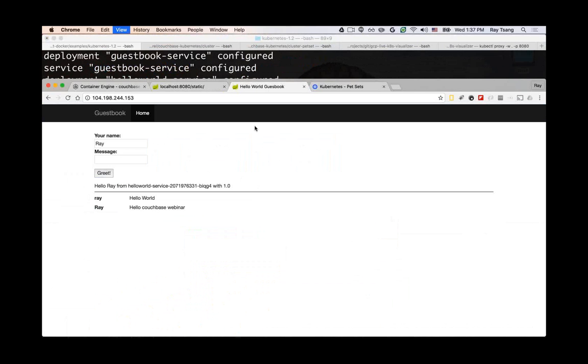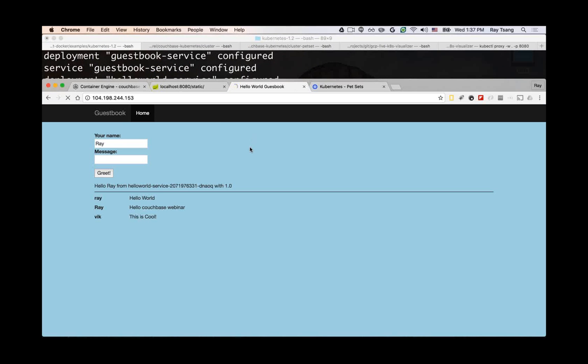Okay, and all at the same time, the application should still be working. There you go. And this is doing basically a rolling update. As soon as the load balancer kicks in with a new instance, now I can actually see my screen with the newly updated background color. Okay. Now,